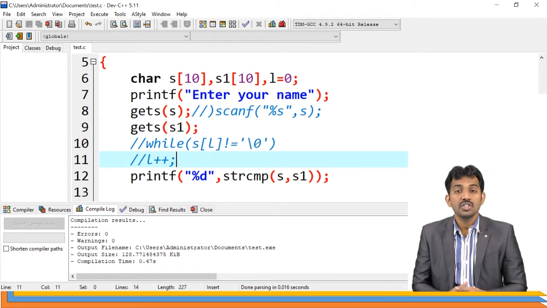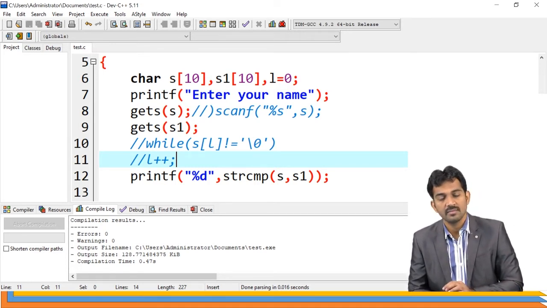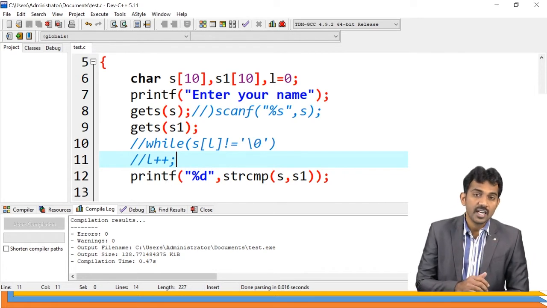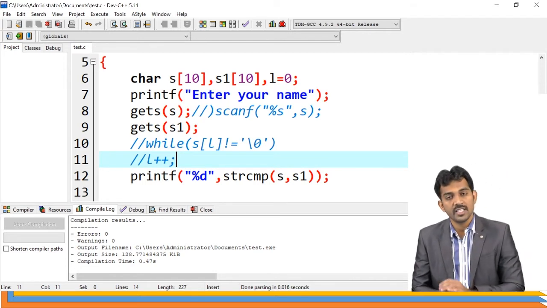But the interviewer may ask you to implement your own function without using the library function. What should I do? See, the first task is you need to find the length of the two strings. After that, you need to check the first letter of the first string and the first letter of the second string, as well as the second letter of the first string and the second letter of the second string, the third letter of the first string and the third letter of the second string.